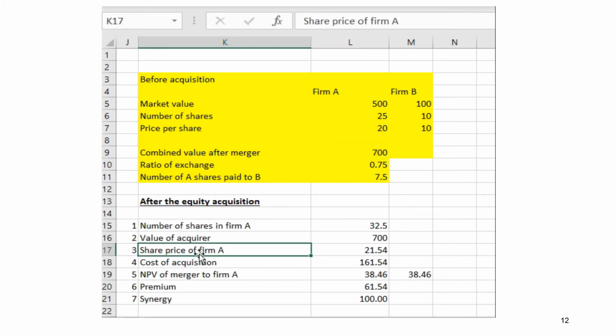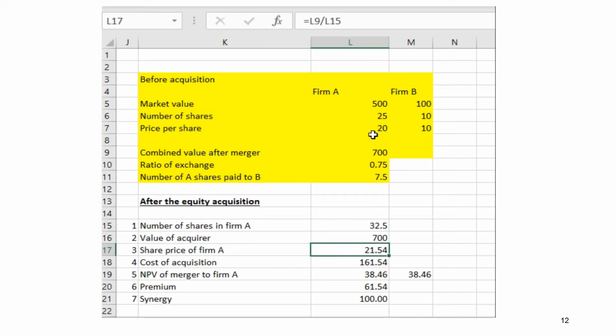Question 3. Calculate the share price of firm A after the equity acquisition. The share price of firm A, the acquirer, after the merger is 700 divided by 32.5 shares and equal to 21.54. The share price of firm A increases after the merger. Question 4. Calculate the cost of acquisition. The cost of acquisition is equal to the new share price times number of shares issued to shareholder of firm